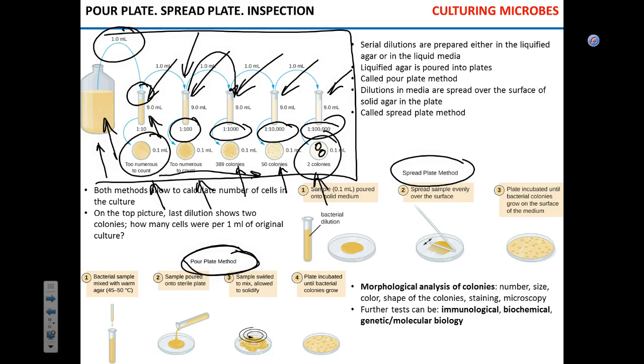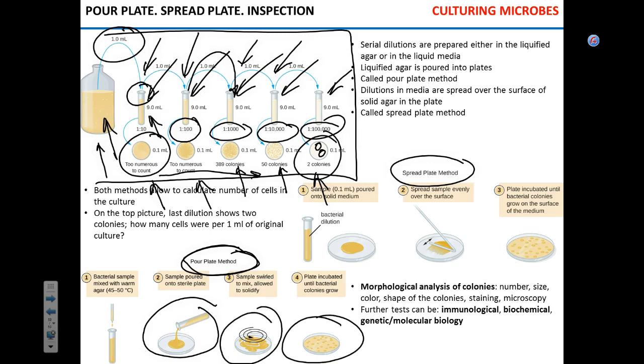So what you do here, in these tubes, in all of them, you have liquefied agar. That makes sense? That same stuff that you see on the TSA plates that you inoculate regularly, but this stuff is liquid. It's warm and liquid. So you make dilutions in the agar, and then you simply pour the content of the tube into the Petri dish, swirl it, wait for it to solidify, stick it in the incubator. It's going to grow. Clear?